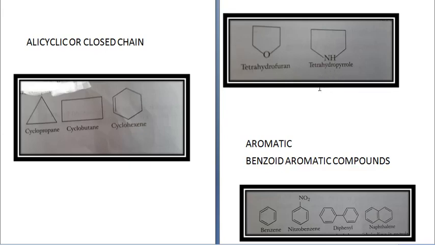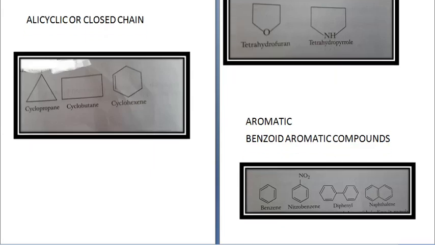Next type of compounds, they are aromatic compounds. Now aromatic compounds are again of three types. First type is benzoid aromatic compound. Benzoid aromatic compounds contain at least one benzene ring. Benzene is C6H6, alternate double bond, single bond. So these contain at least one benzene ring or may contain isolated or fused benzene rings, like see over here. Benzene will come in this category. This is the benzene ring, alternate double bond, then single bond, then double bond, then single bond, then double bond. Okay, so formula is C6H6.